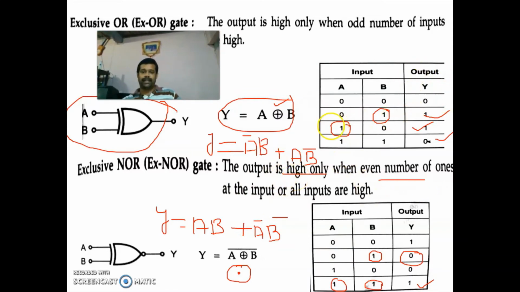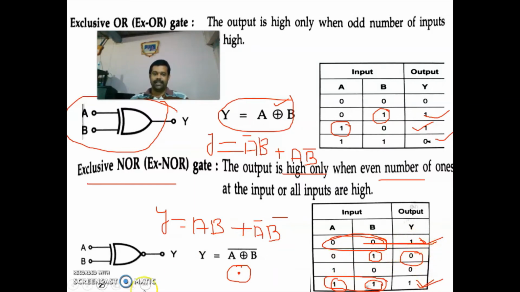Our symbol you can write it as when you invert the output of your exclusively OR gate, or in other words, you can say in exclusively NOR gate, if both the inputs are same, output will be 1. So here also both the inputs are same, 1, 1. So your output is 1. Here also both the inputs are 0, same. So the output is 1. In all other cases, it is 0. So this is exclusively NOR gate.